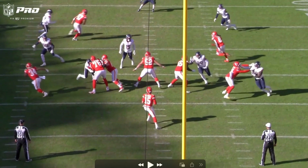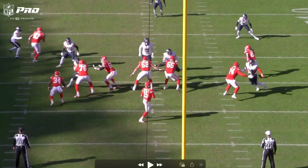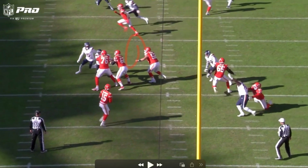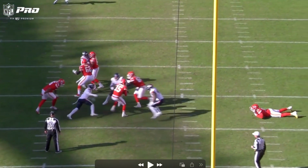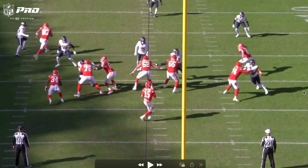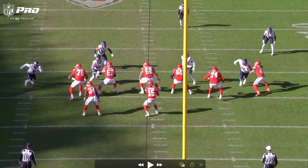Mahomes drops back, because right now the pocket's fine, right? Oh, sorry, I said this was John Franklin Myers. I was completely wrong. This is Nick Bonito. It's Nick Bonito that they have kind of swing around here and pressure Mahomes. John Franklin Myers is the edge that ended up beating Juwan Taylor. My apologies for that. But, yeah, Bonito, look at him just biding his time and waiting to loop around the